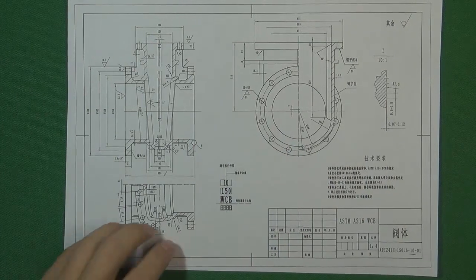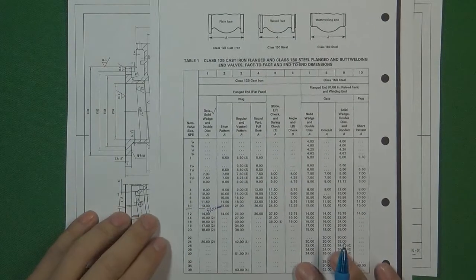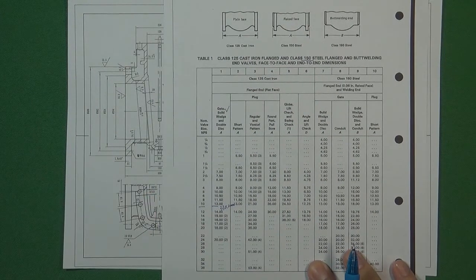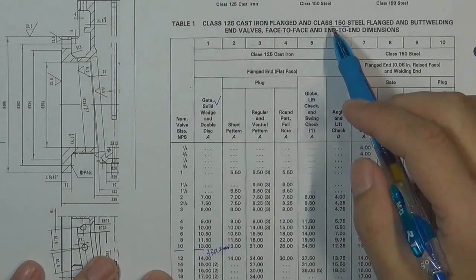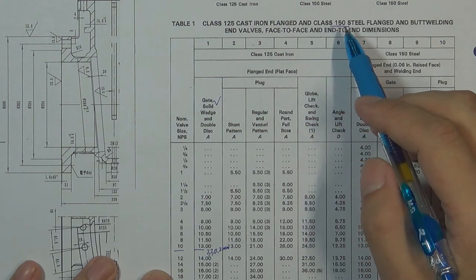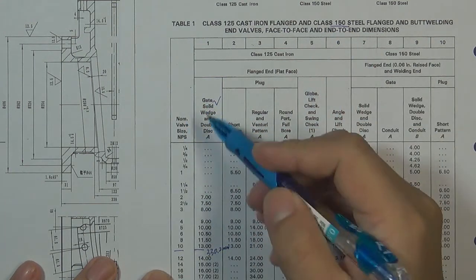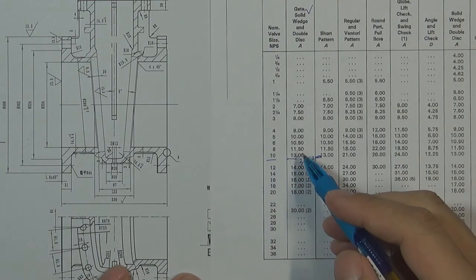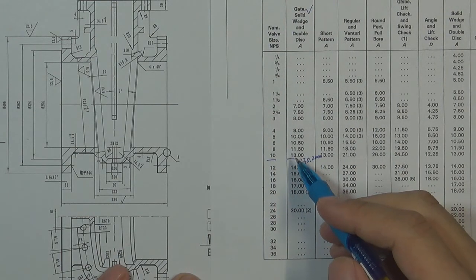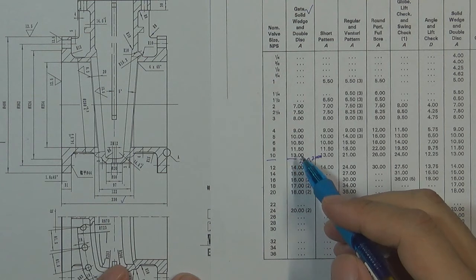So for raised face flange connection, we can directly use the valve length table located in ASME B16.10. According to the correct product class table, class 115, first vertical side is for the gate valve, and the size is 10 inch. We can get the design factor for the valve length, which is 13 inch long,